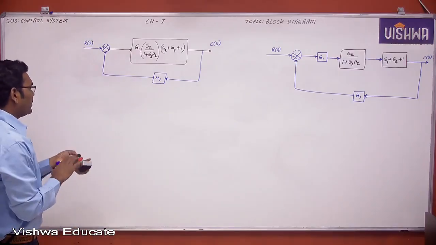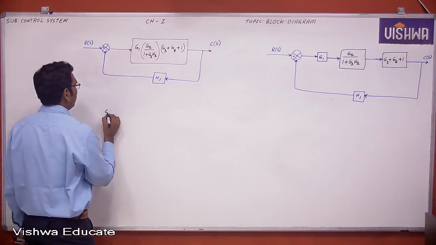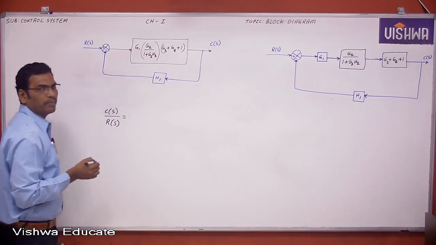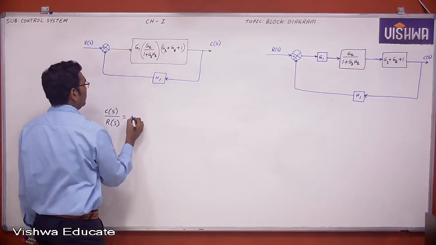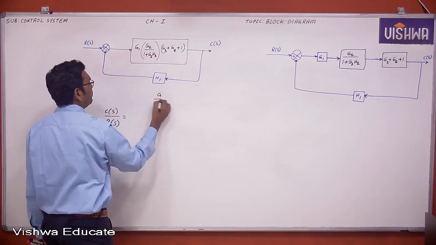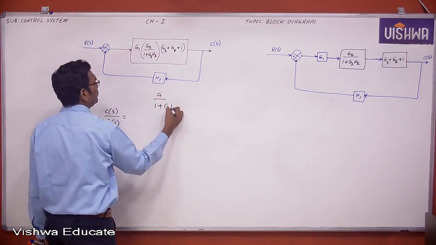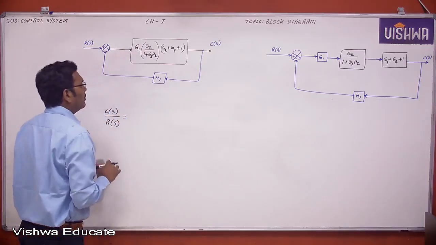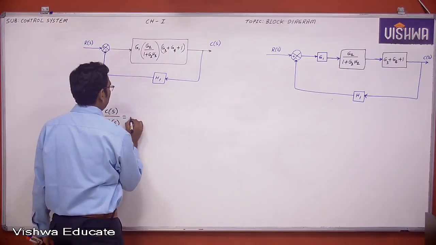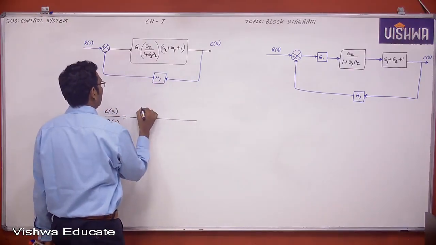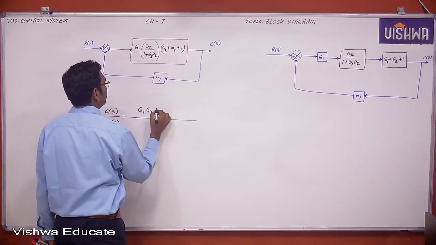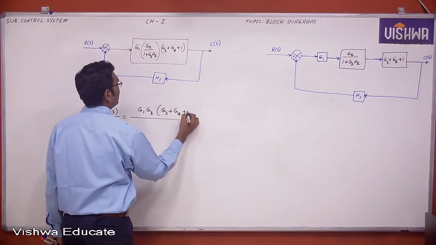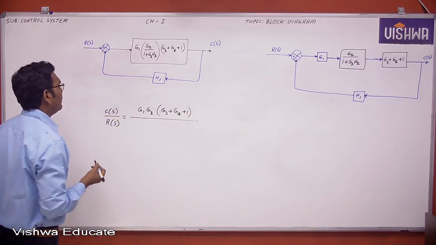Now the transfer function, easy now. C of S by R of S is equal to the forward path gain G by negative feedback, 1 plus G into H. Simple answer, right? So now see here, first you write the numerator as it is: G1 G2 into G3 plus G4 plus 1, divided by